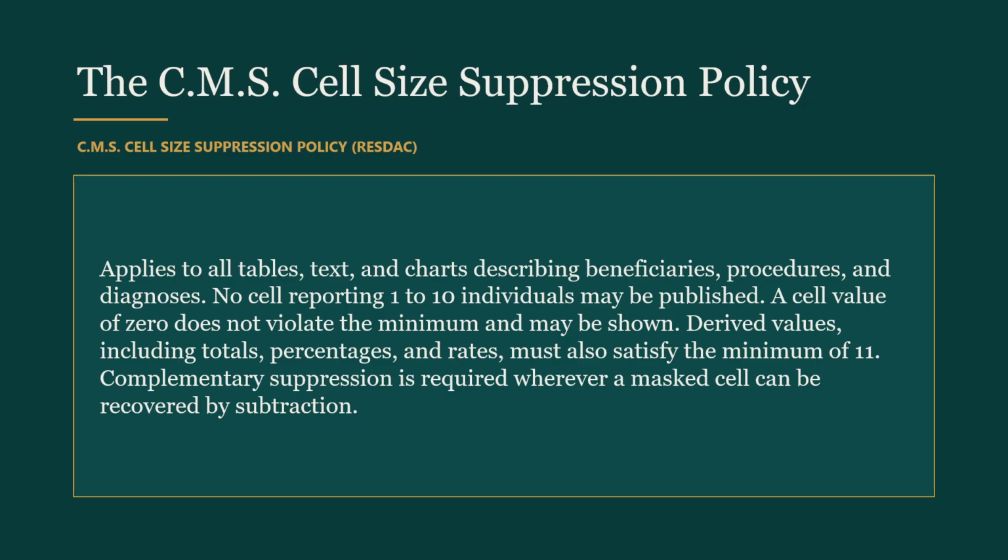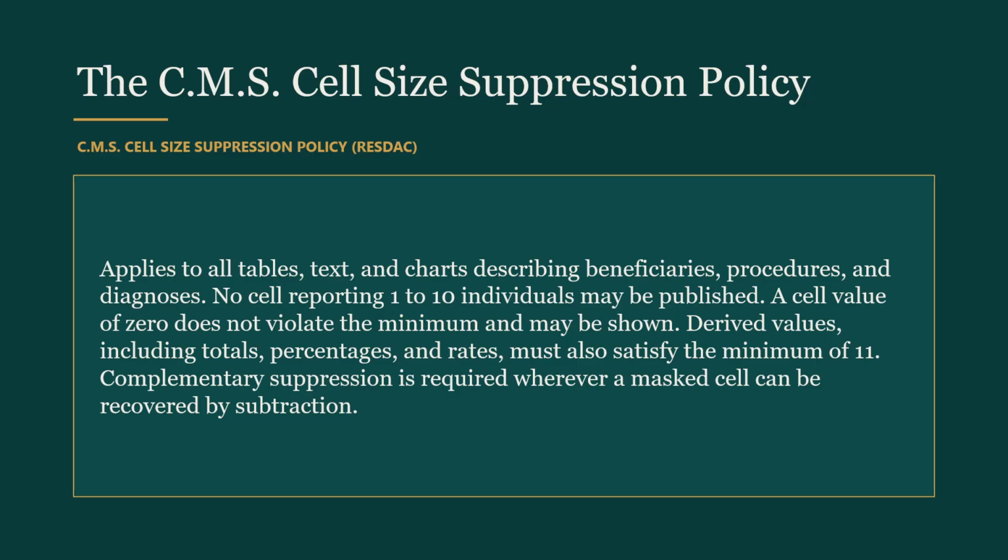Rule 3, and this is the one people get wrong in both directions. 0 is publishable. A cell of 0 does not violate the minimum cell size requirement and may be displayed because a non-event cannot be linked to a person. Nobody is identified by the fact that nothing happened. Analysts routinely suppress zeros out of misplaced caution, and doing so destroys utility for no privacy gain, while other analysts suppress the small counts and then leave a total that gives them away.